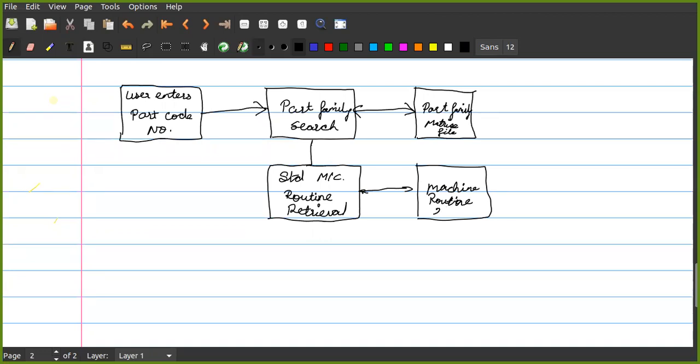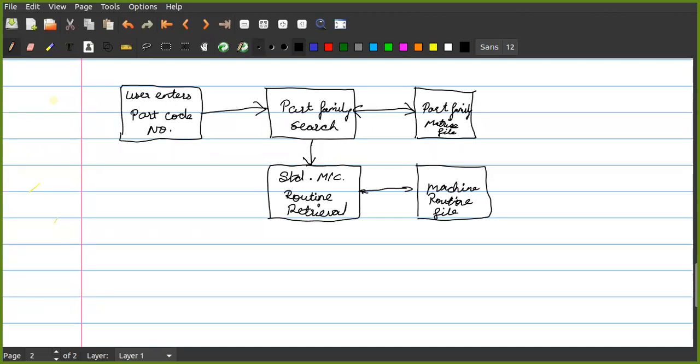Once the user enters the part code, that will be searched in the part family, the part family search will give it to the part family matrix, and the part family matrix will search it and return the exact part file.